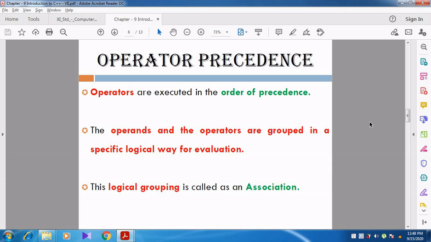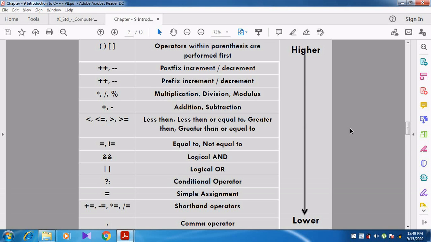We should not do addition or subtraction first. We should do division first, then multiplication, then priority should be given to addition. At last only do we give priority to subtraction. That is what we also say in C++, and it is called operator precedence, that is, the order of precedence.